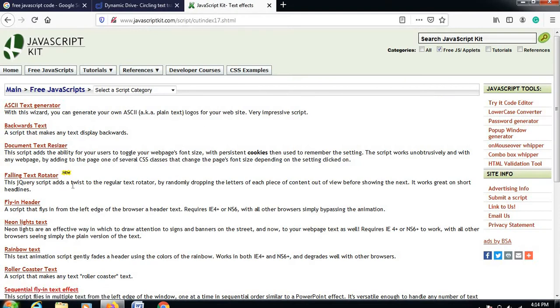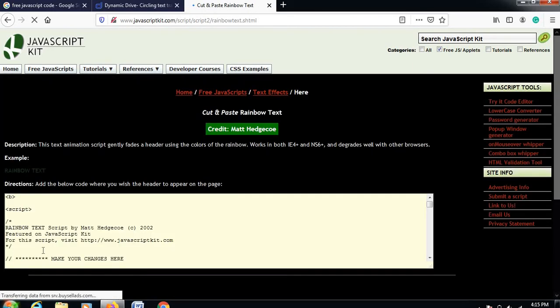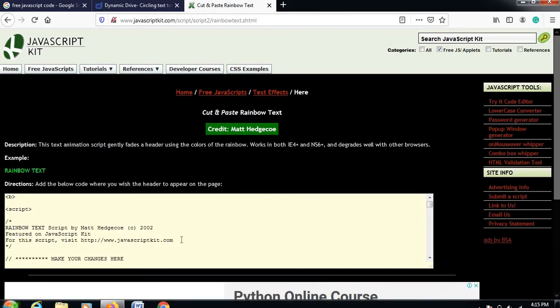Here are various types of scripts. If you want to use the rainbow text script, just simply click on that. See, here is the changing color of your text. So how to use this? Here also this website provides the instructions: add the below code where you wish the header to appear on the page.